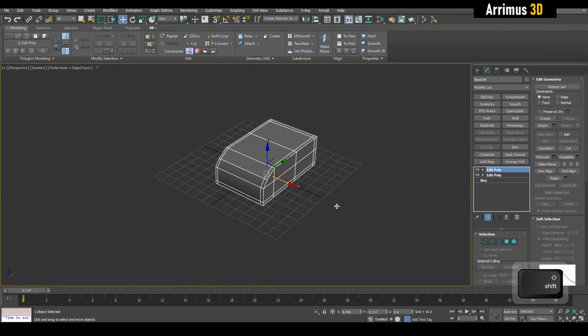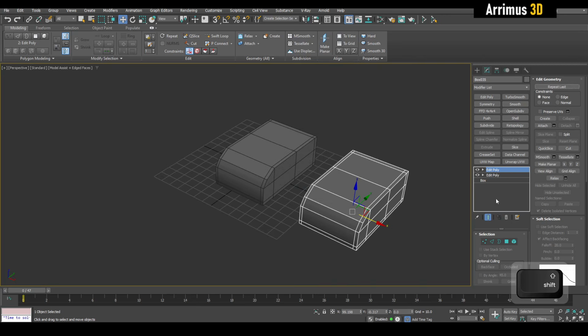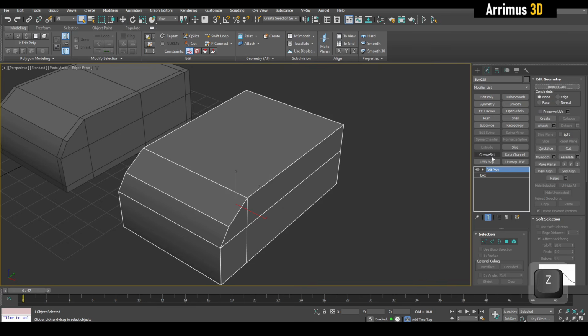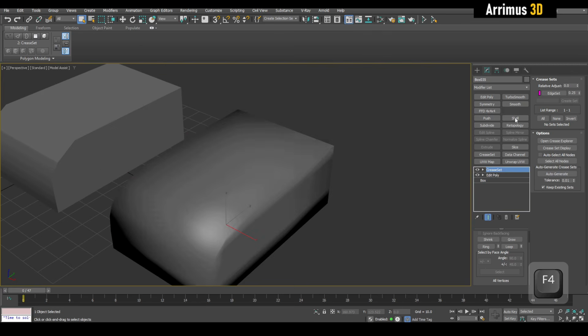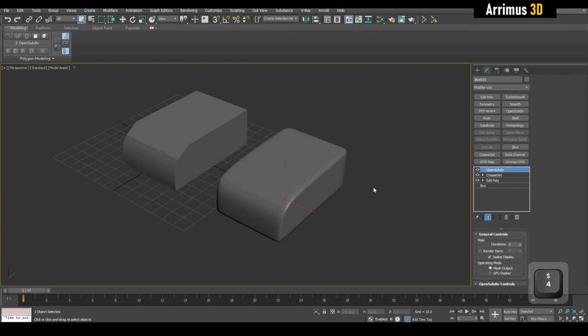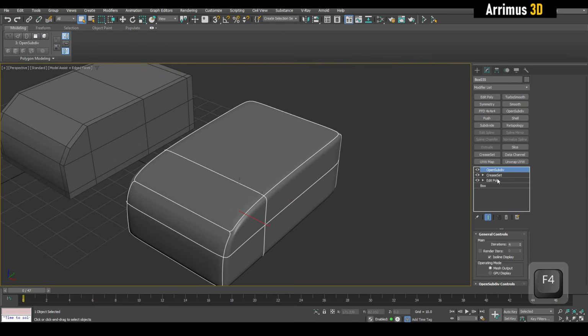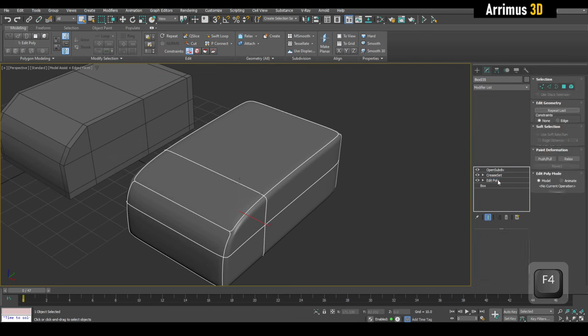So now we of course learn about the second method, which is using crease set. So go ahead and apply crease set, set up the appropriate number here, add this here, and then open subdiv. The problem with that, guys, is that if you do crease set and then you're trying to go ahead and make some changes here,